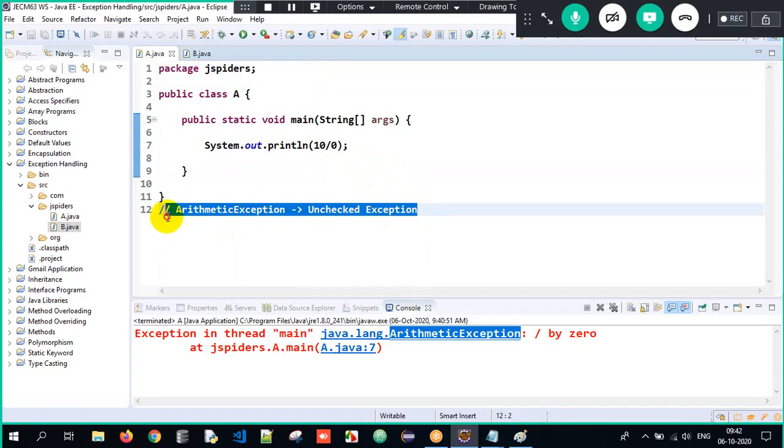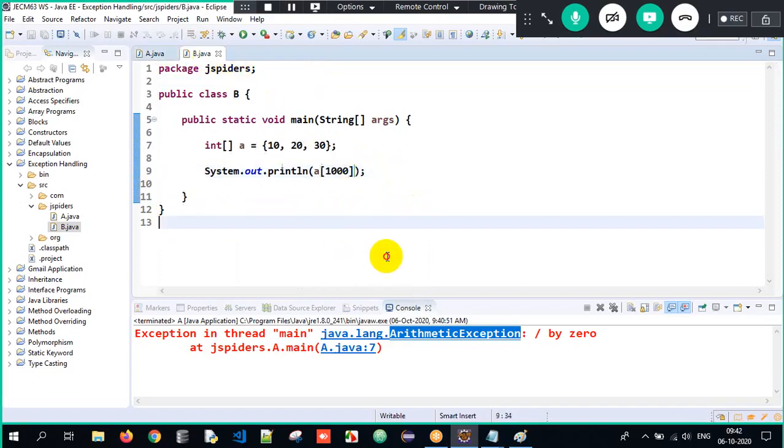As soon as I write this, we know that when I write a of 1000, we don't have any index position as 1000, right? We know that it will give an exception. You know it, I know it, but the compiler does not know it.